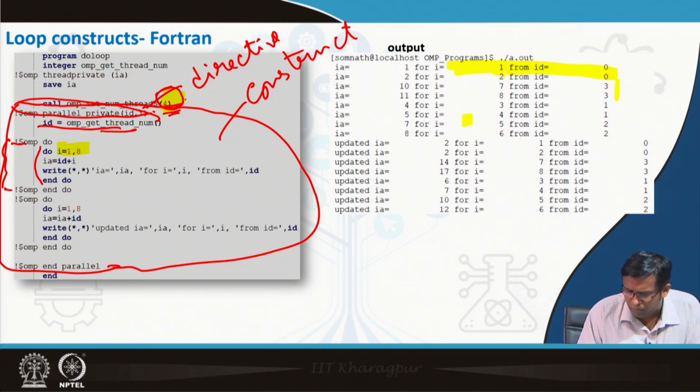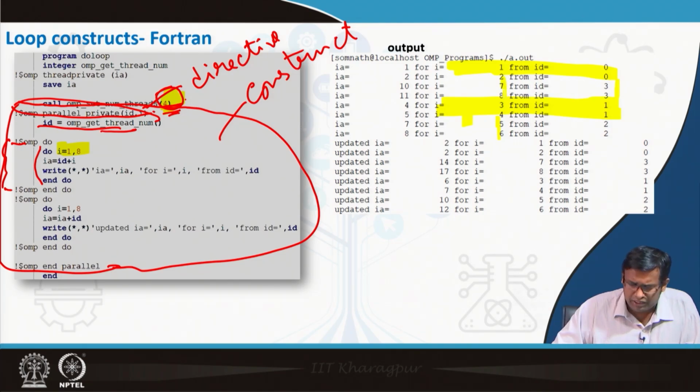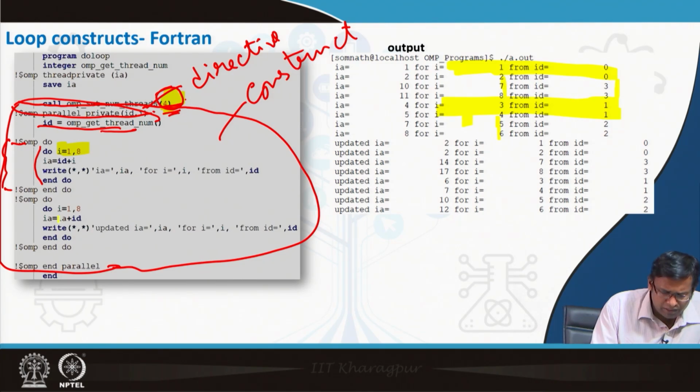Thread 0 has picked up 1 and 2, thread 1 has picked up 3 and 4, thread 2 has picked up 5 and 6, thread 3 has picked up 7 and 8. Each of the threads has picked up 2 of the iterations, and what they have done is write that